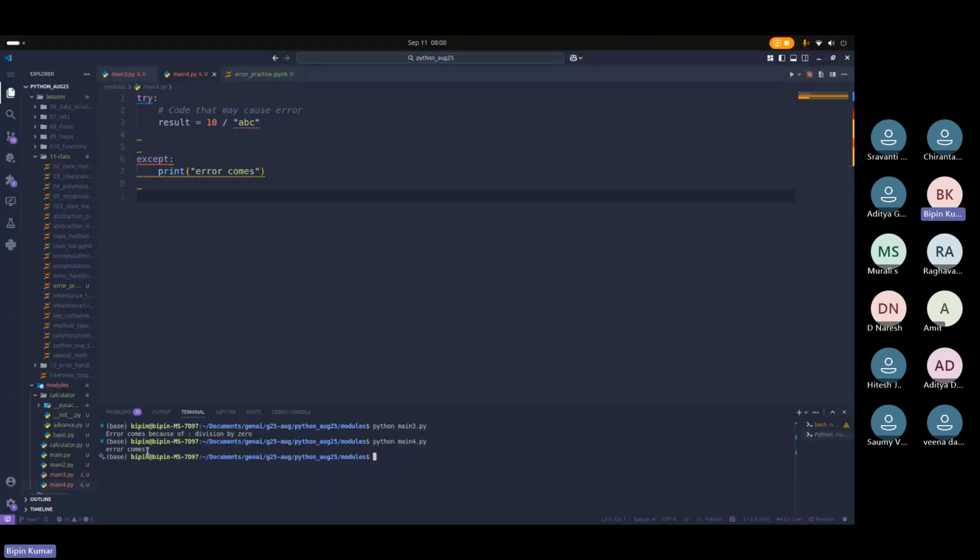So here it is throwing error comes, but we don't know what type of error it is. Okay, so there can be different types of error, right? But we don't know what type of error it comes. But we want the user to know, or maybe we want to give some better information to the user so that he can correct the input that he enters. Okay, so let's say